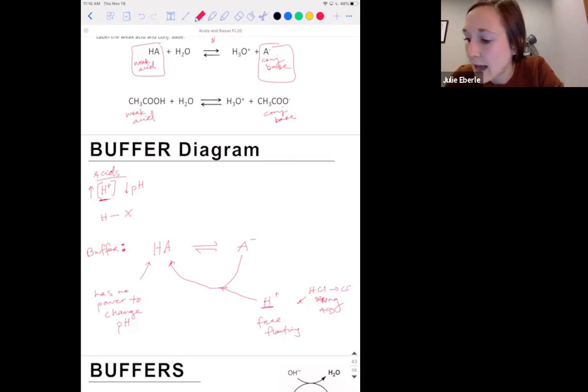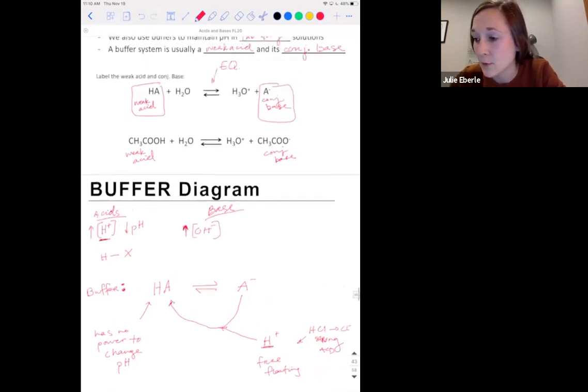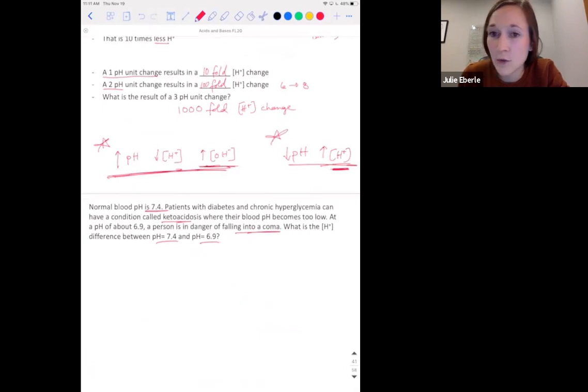Okay, what happens if we add a base? An example of a base is OH minus. We know this is a strong base. Bases contribute this to solution. And what happens if we increase the concentration of hydroxide in our buffer setup? Remember, go back up to this relationship. We said if we increase the concentration of OH minus,